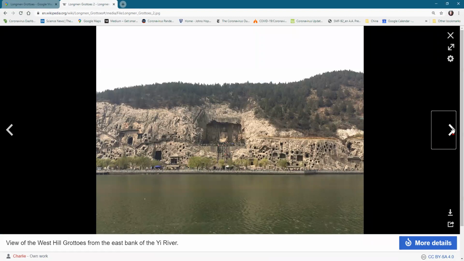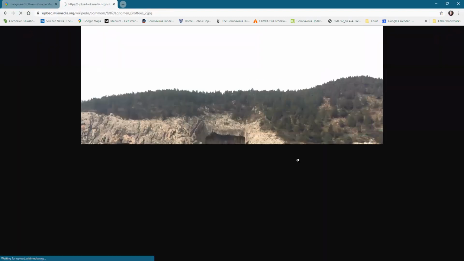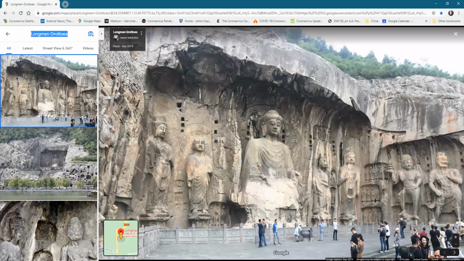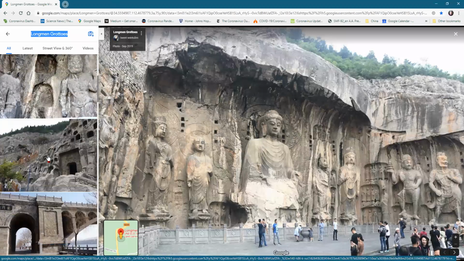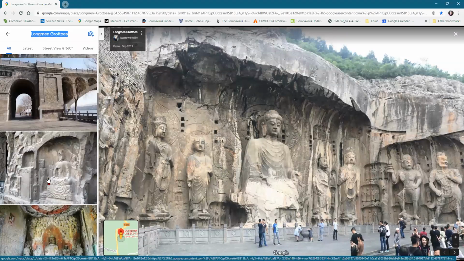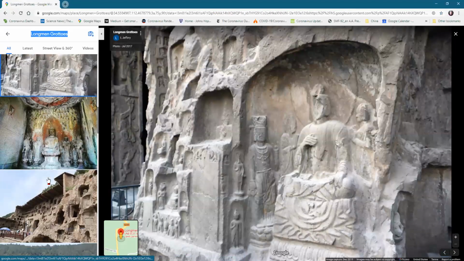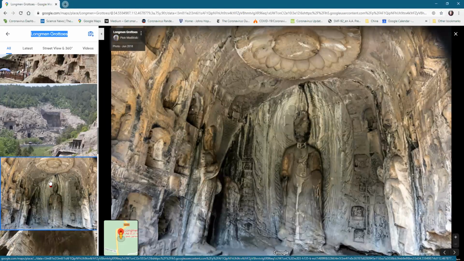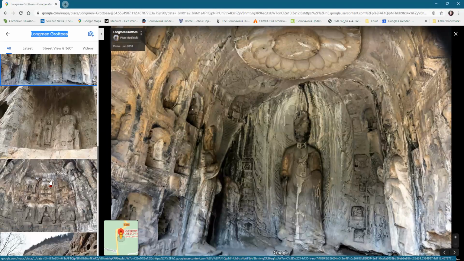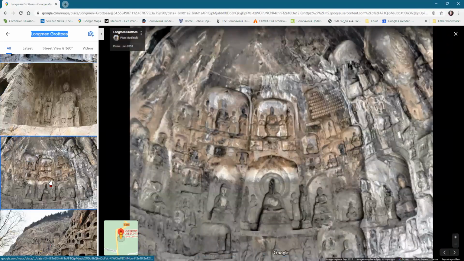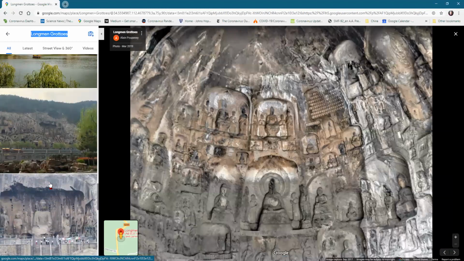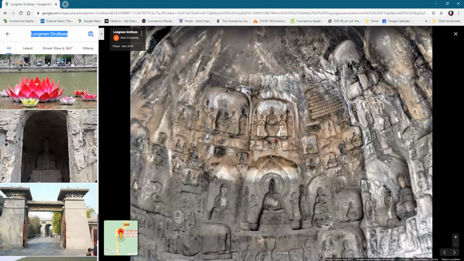That's a better view of it. So all of these grottos, oh, there we go. We can zoom in on it. All right, let me close the Wikipedia page, and you guys are back with me here, right? Gee whiz. Yeah, that's incredible. Yeah. So this is the main page that I found by clicking on the Longmen Grottos as it appeared in my Google Earth view. So when I close it, we'll be able to back out and see what part of